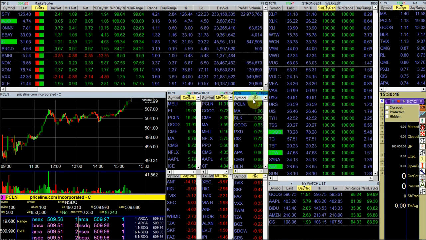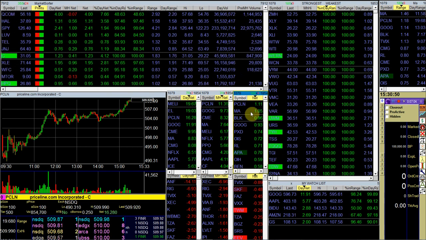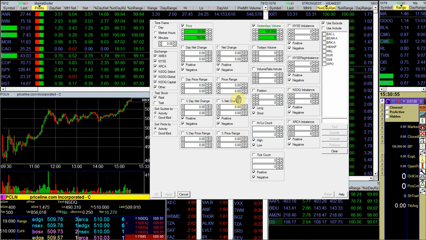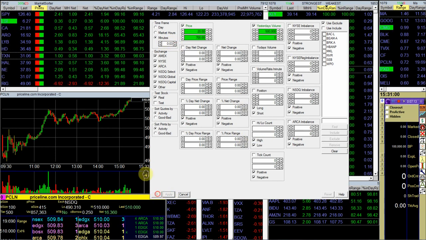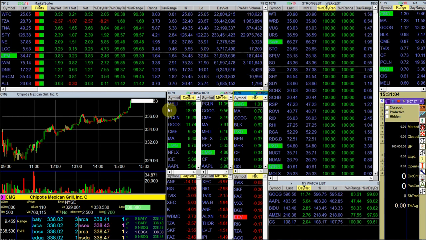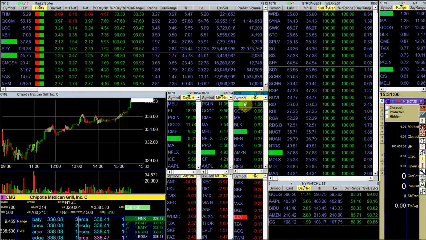Here to the right we have another market sorter, and this is set up for stocks that are up the most within our selected time frame, and that is 5 minutes. Let's change that to 3 minutes. And we see in the last 3 minutes CMG has made the biggest move, and CMG is making new highs